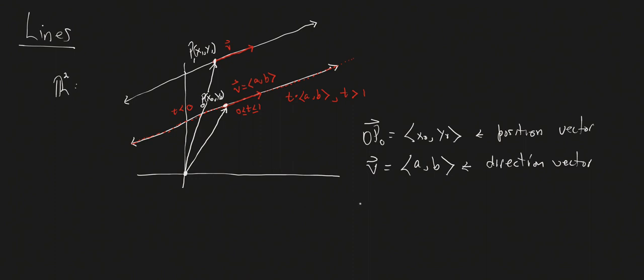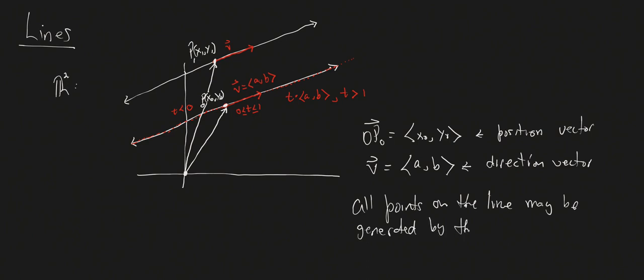So using our vector algebra, all points on the line may be generated or determined by the following vector,